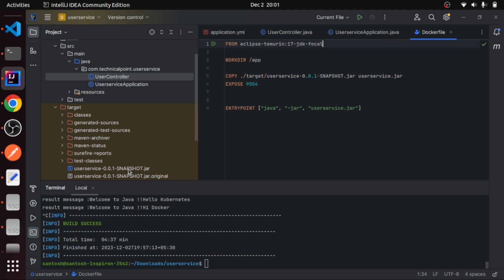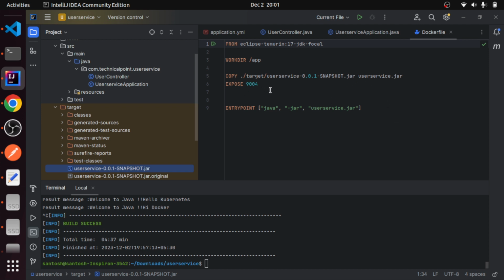Using this jar we can run it, as you know. This is the runnable jar. It will copy this jar with a new name, user-service.jar, and it will go into the /app directory,